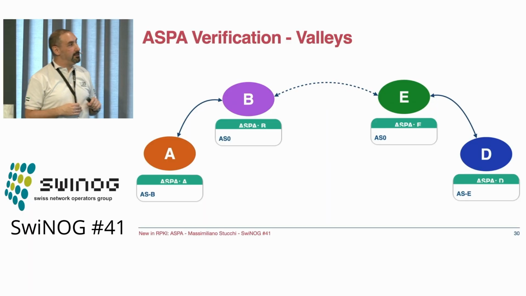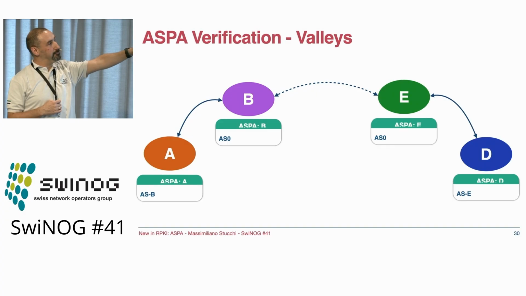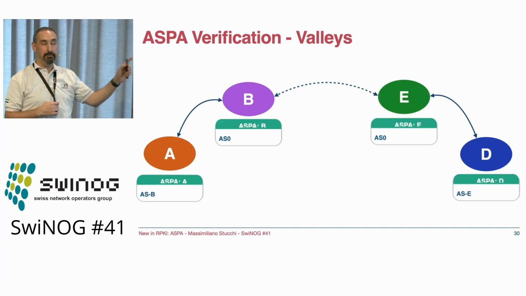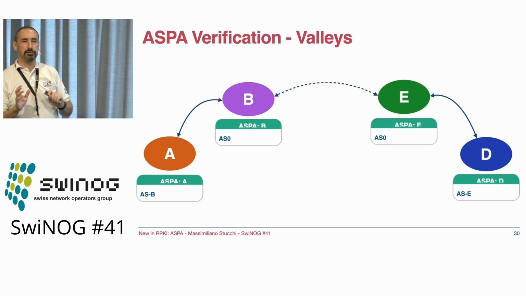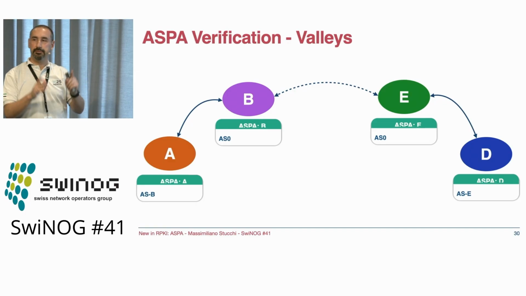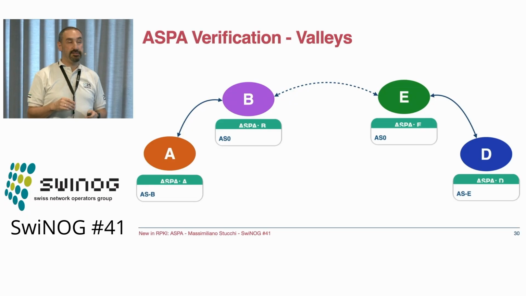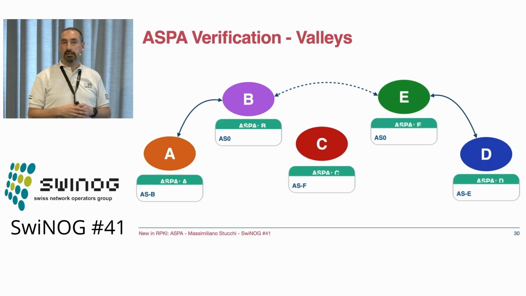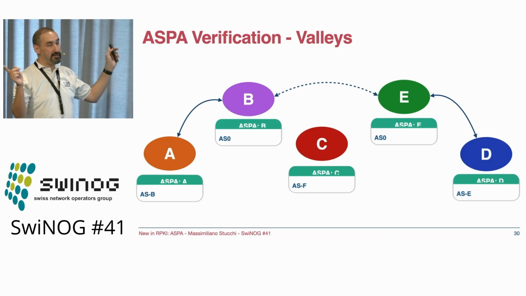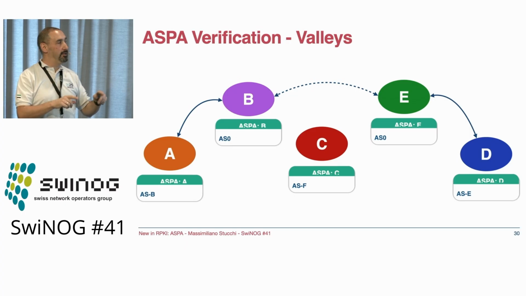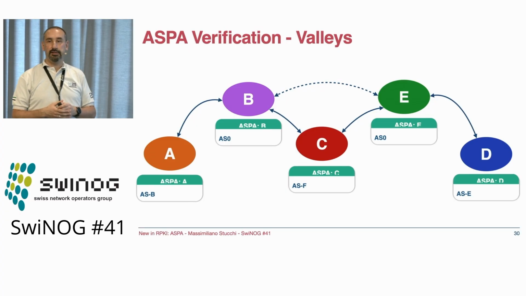Yeah. But then we have a situation where we would have valleys. Imagine we have E to B, and then someone tries to hijack them, or even worse, at one point in time there was a dispute between two large networks, and they disappeared from each other. They stopped talking to each other. But it turns out that in that case, there was a tiny ISP in the middle of nowhere in the US that hadn't updated their filters, and it was acting as a transit between the two networks. So when you have a situation like this, how do you think that would work?